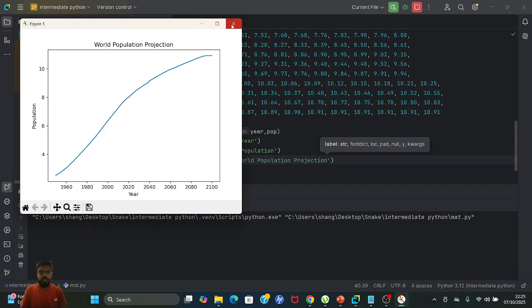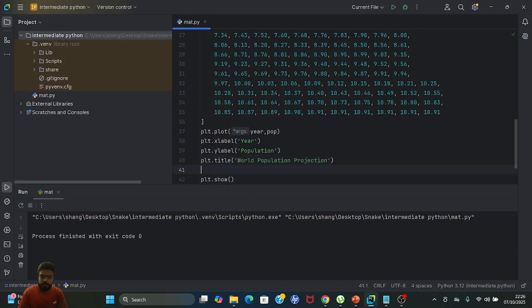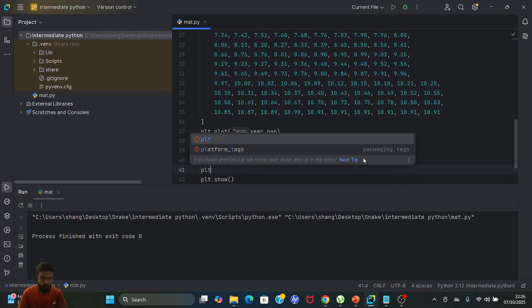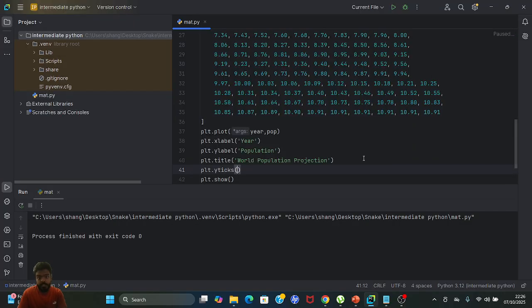That's wonderful. Then I'd like to start from 0, and name the ticks 2B, 4B, 6B, 8B, 10B, so it will be clearer that people can understand it's measured in billions. The code for that is plt.yticks. I'm going to pass 0, 2, 4, 6, 8, 10, and I'm going to name them as